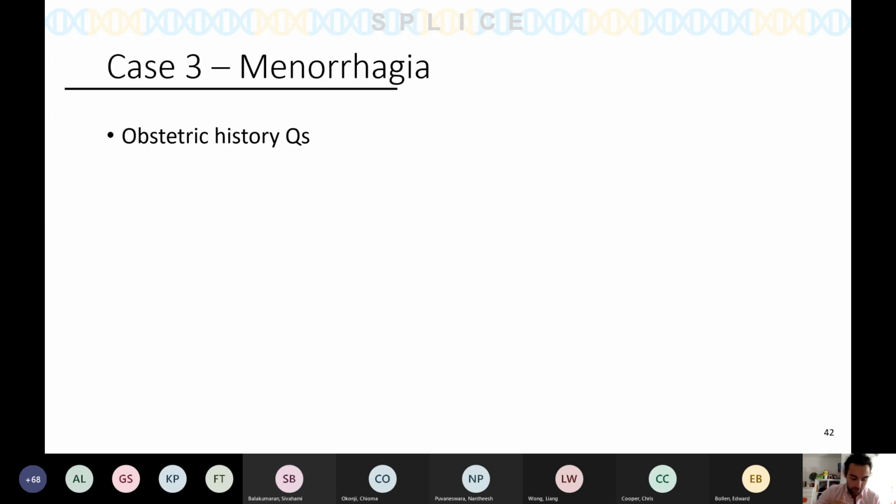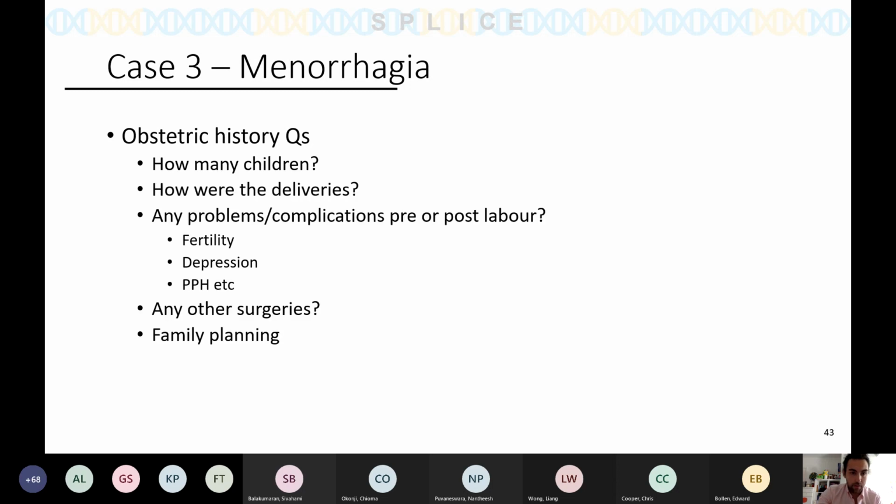So moving on to like an obstetric history side of it, what sort of things would you want to be asking there? Previous pregnancies, yeah, good. Any miscarriages, yeah, nice. Top. So yeah, termination of pregnancy, good. Ectopics, delivery type, complications, yeah, any problems in previous pregnancies? Yeah, these are all good questions. So how many children, how were the deliveries, any problems pre or post labor,